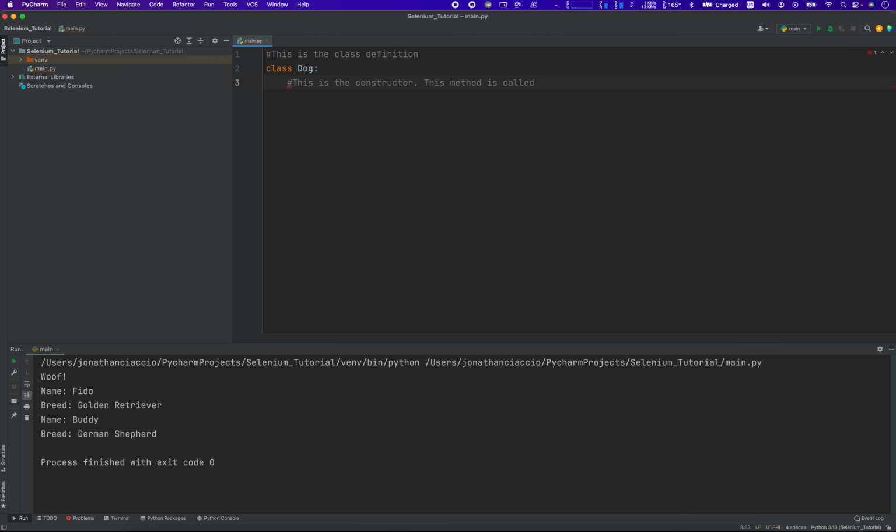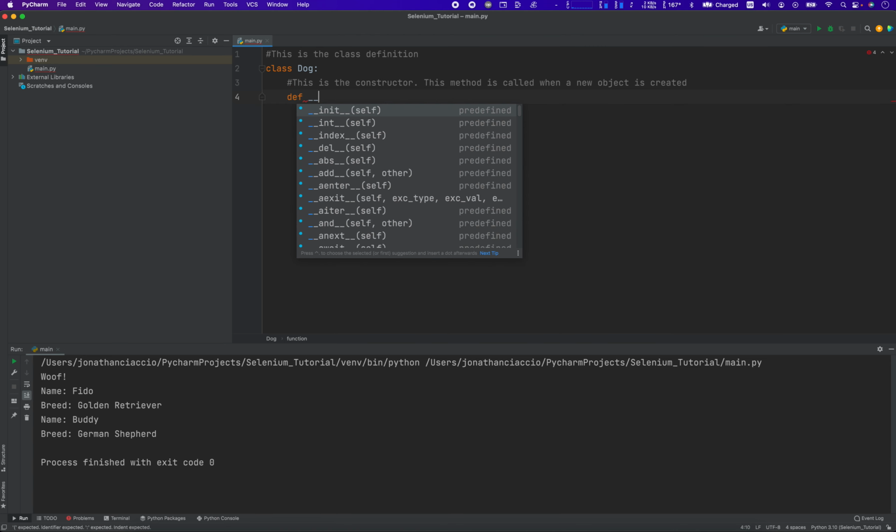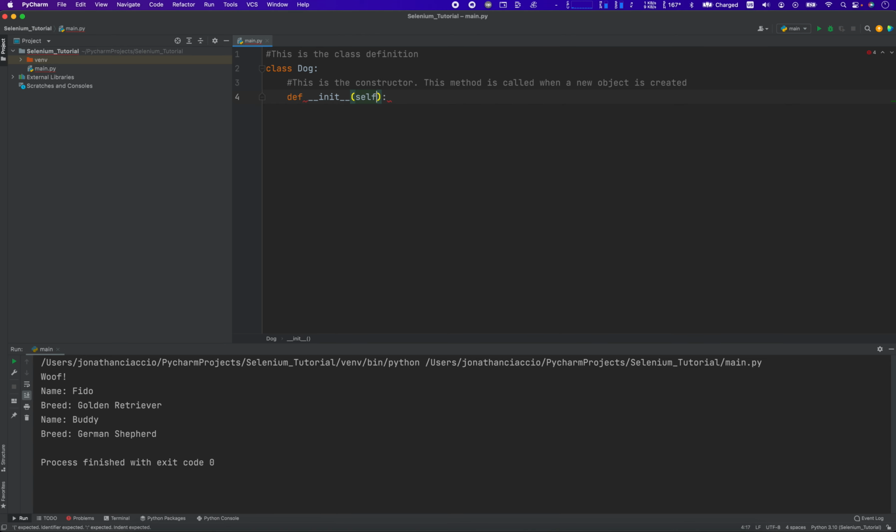This method is called when a new object is created. So the constructor constructs the object. And to create this constructor, we're going to define double underscore init double underscore self. And then